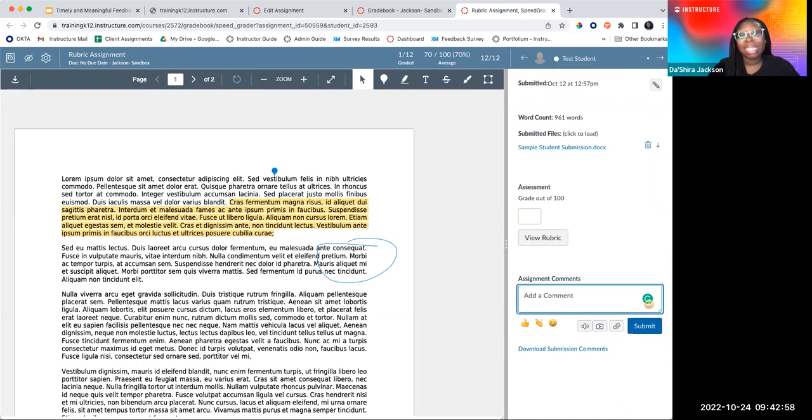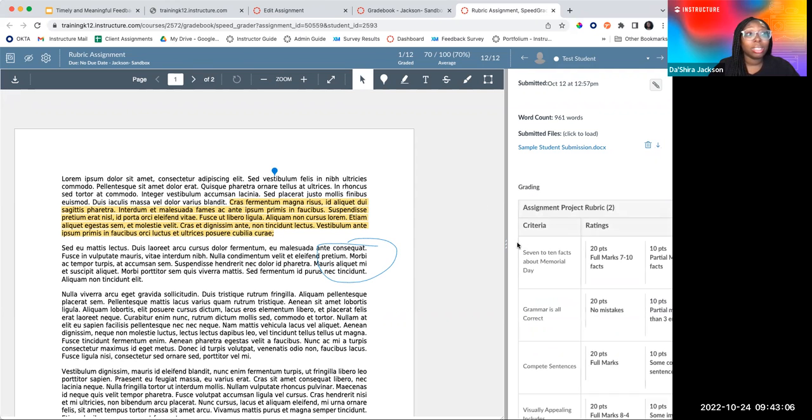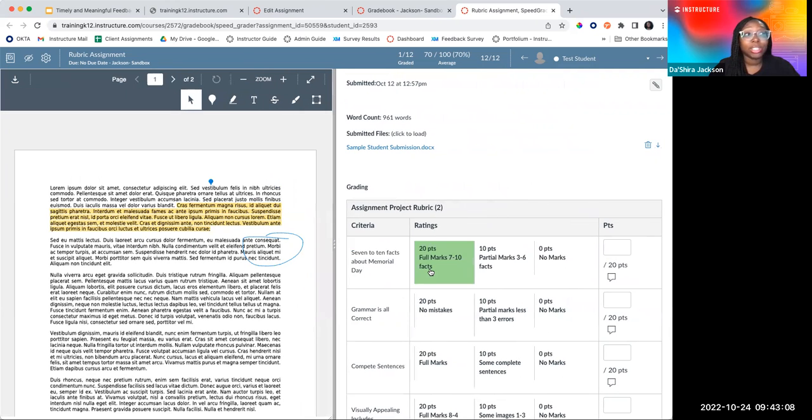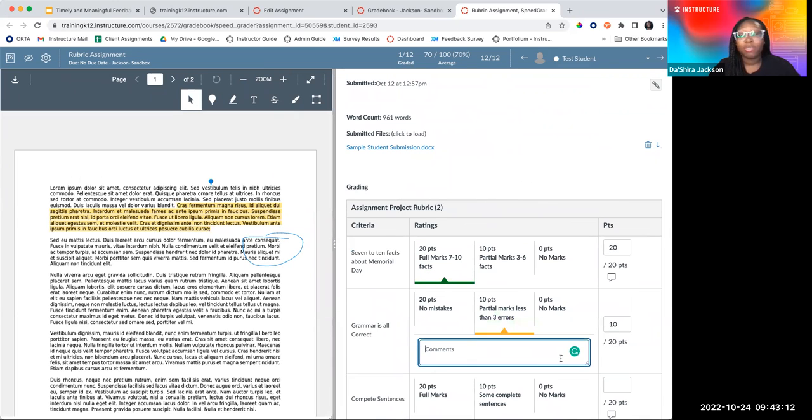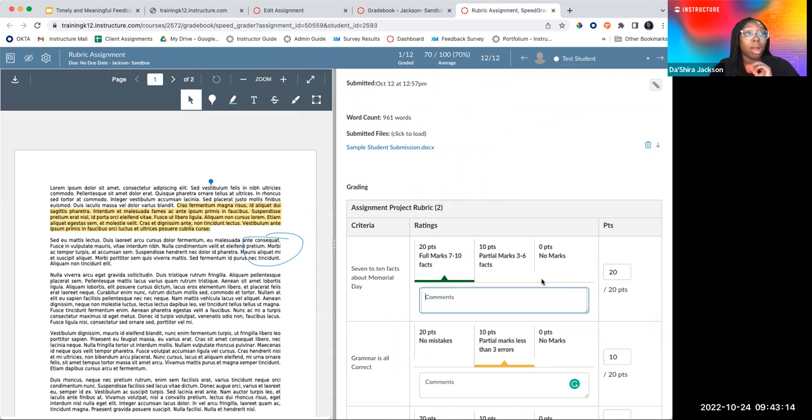But it does make things a whole lot easier, I promise you, adding in rubrics, especially when you're going into grade, because you can just simply click the rubric and your criterion is there. You can say yes, yes, and then give them comments if you've taken off points or give them comments about why they did get full points.